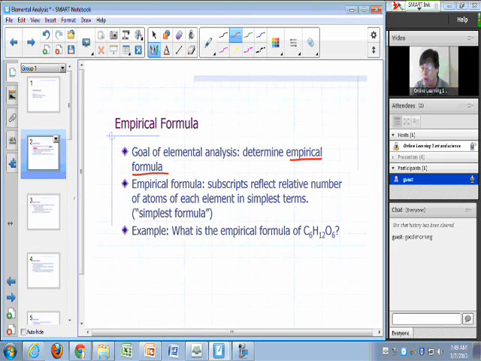An empirical formula is a formula where the subscripts reflect the relative number of atoms of each element in simplest possible terms. So you can refer to an empirical formula